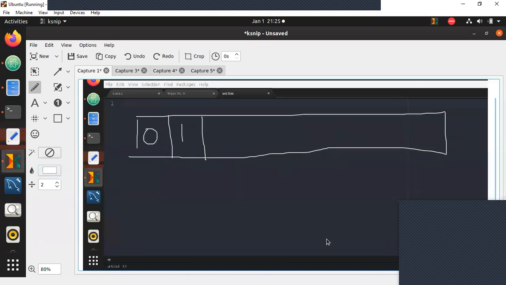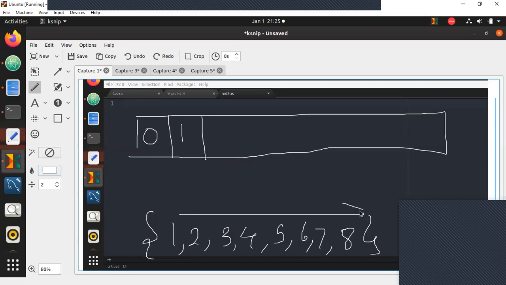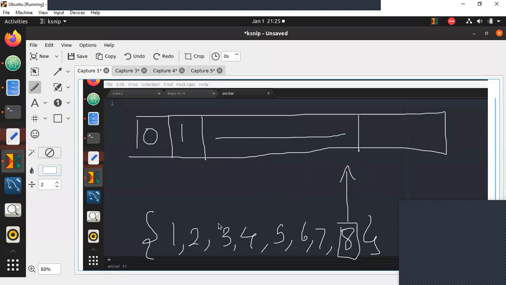If I want to find the Fibonacci series up to 8, remember guys, our array is 1, 2, 3, 4. Let's say this is our array, 5, 6, 7, 8. We need to find composite and Fibonacci series numbers here. Now, which is the maximum value? 8. So can I calculate the Fibonacci series till 8 at once? Because I can find out whether 2 is a part of it, 3 is a part of it, 4 is a part of it, 5, 6, 7. I can search it right here.